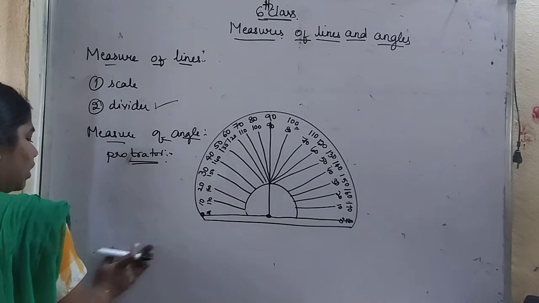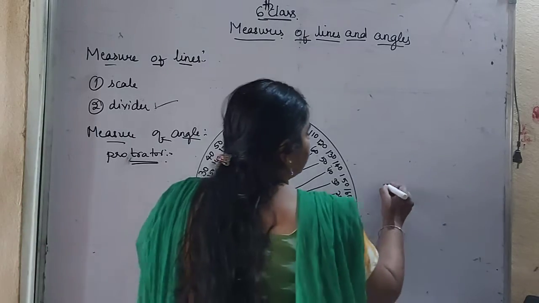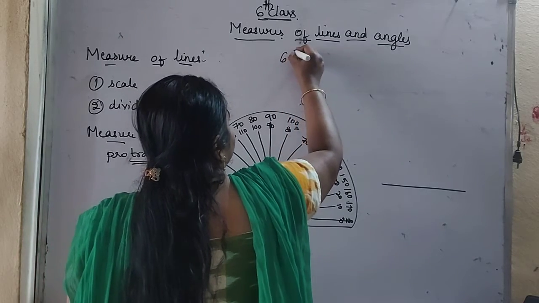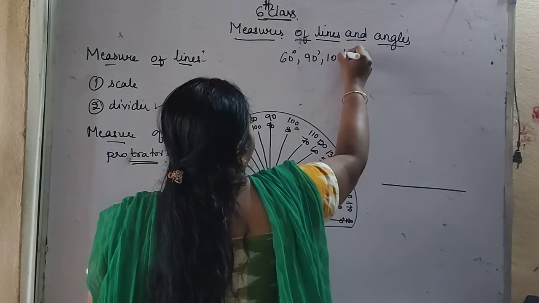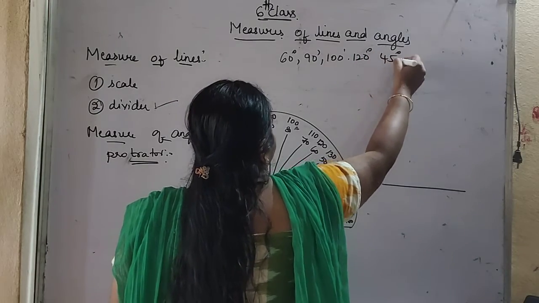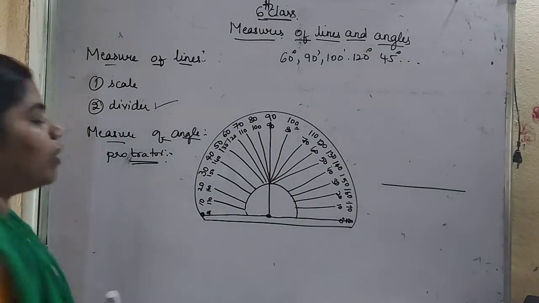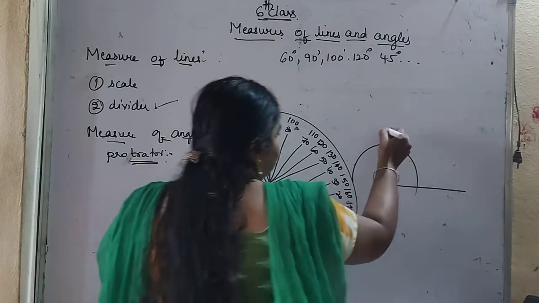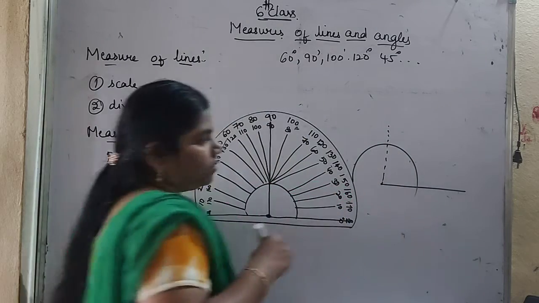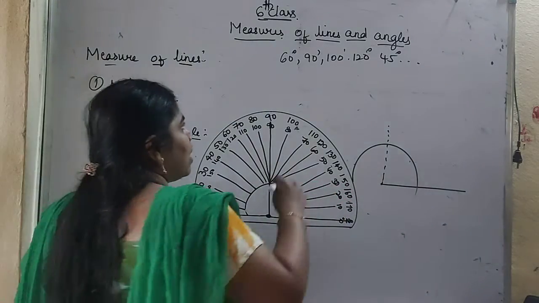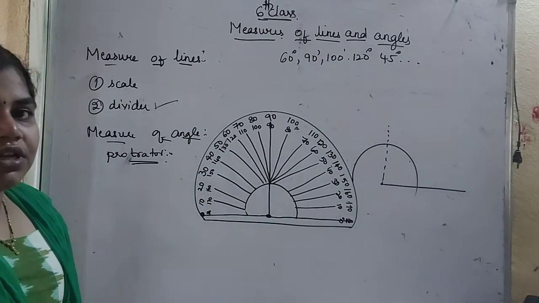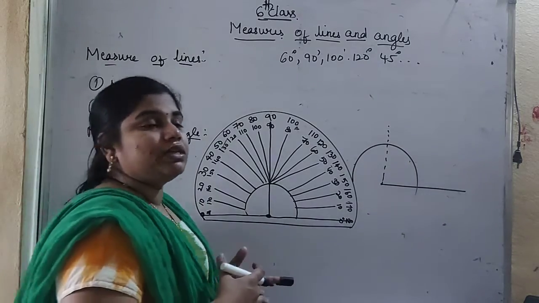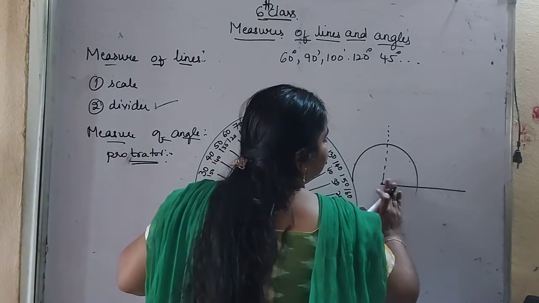So I don't have a protractor now to show you. If the points are lying inside, suppose I am taking the angles as 60, 90, 100, 120, 40 degrees and so on. Now I am placing the protractor here, so that means this line will be a straight line, that will be equal to 90 degrees. Now I want to measure 60 degrees. 60 degrees is nothing but an acute angle, so always the point will lie inside part. So here in this part it will lie.